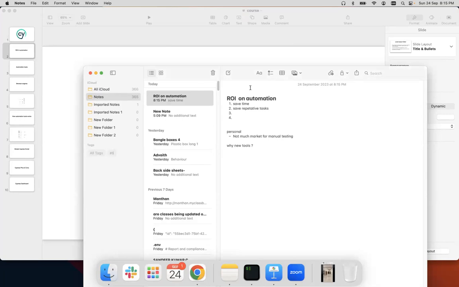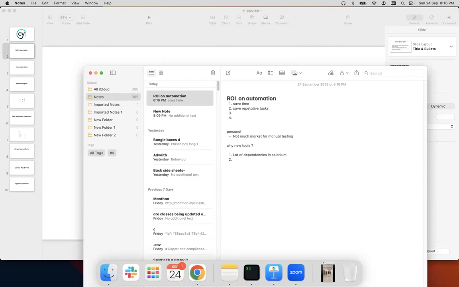So Selenium has a lot of third-party dependencies. Likewise, Cypress doesn't have much. It only has Node.js properties, and we can use Cypress with Node.js. That's it. But with Selenium 4 plus, I feel that Selenium is also coming in the same direction. I mean, it's getting popular again, but